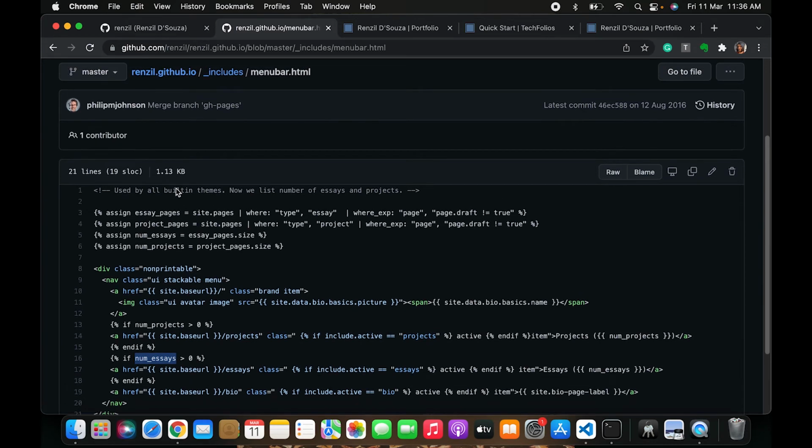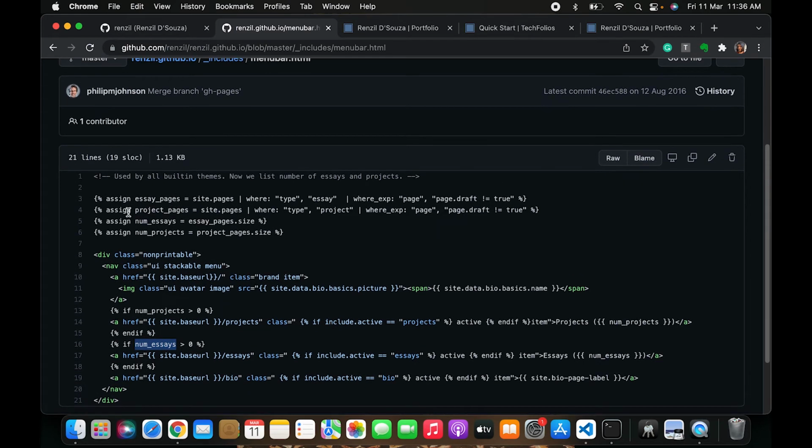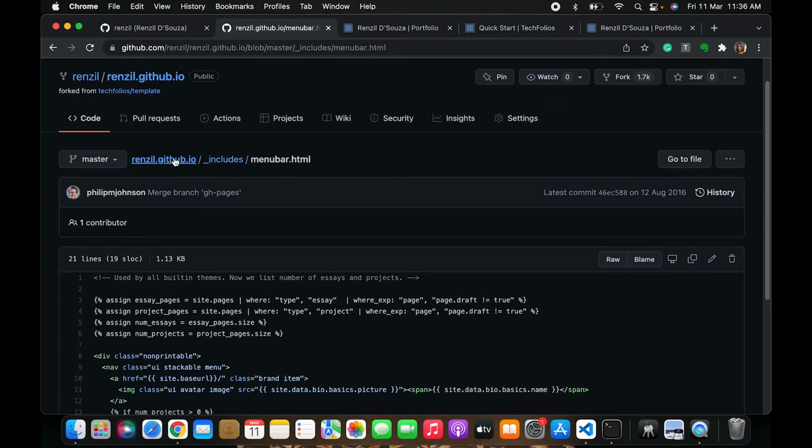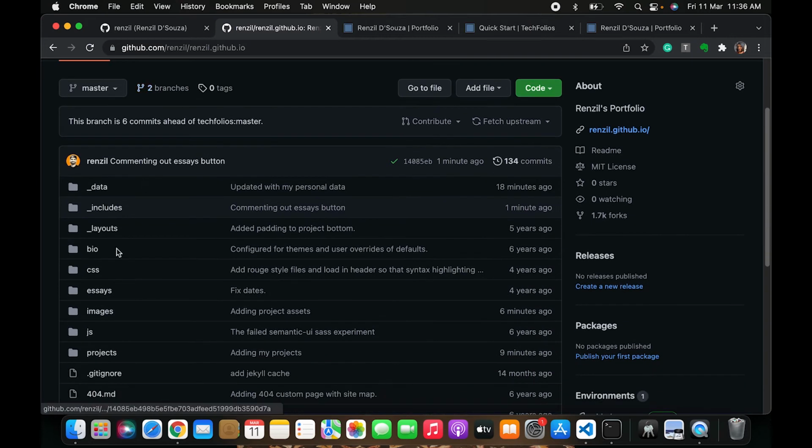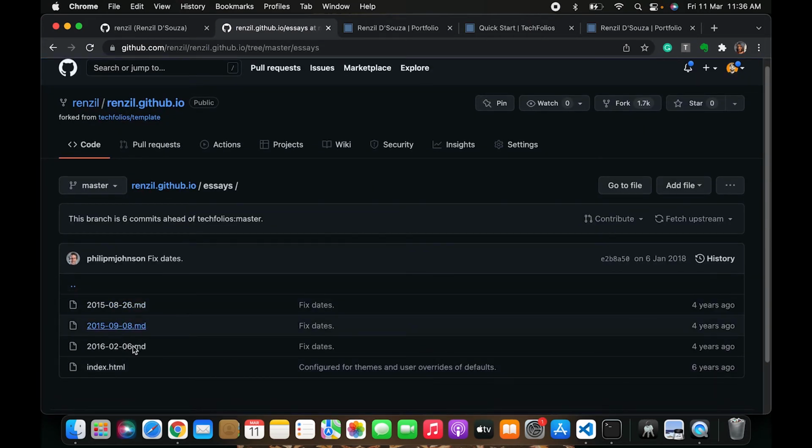Let's remove all the essays that already exist in this repository. So to do that, let's go back. We don't need to comment this to remove that button. Let's just delete the essays. So let's go to the root of the repository and click on this essays folder. And just like projects, there are 3 markdown files, one markdown file for each of the 3 essays. So what I'm going to do to delete them